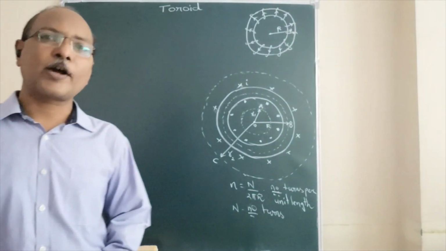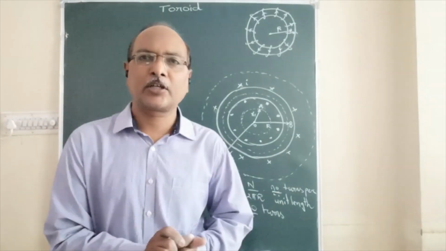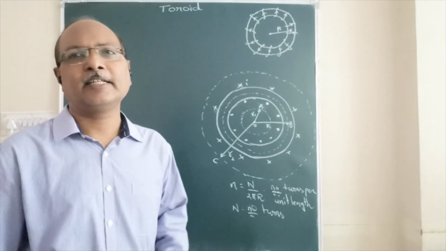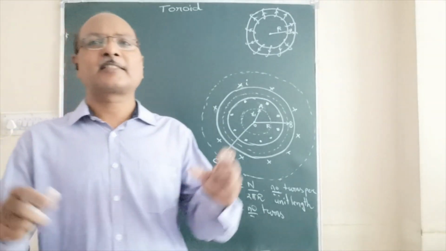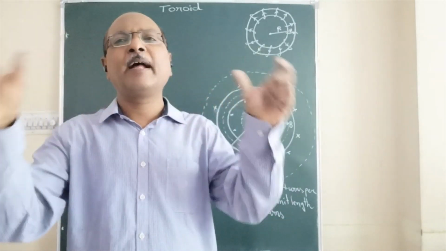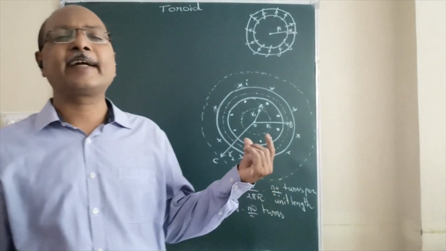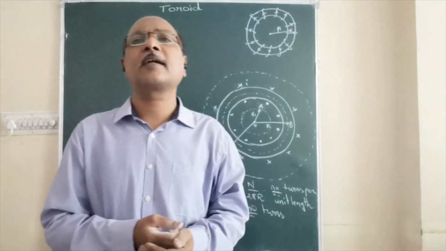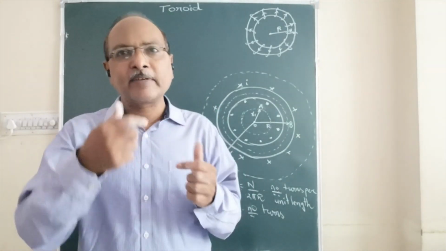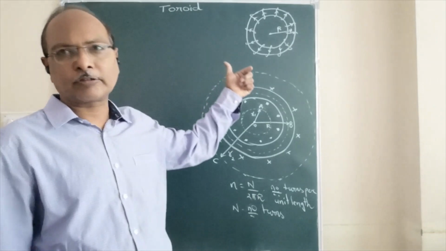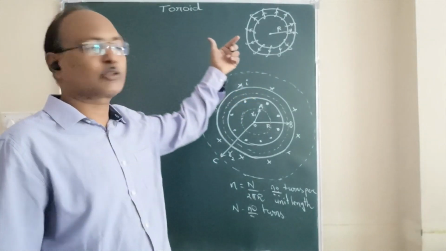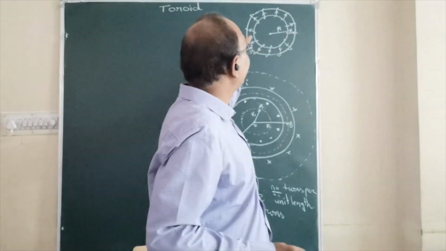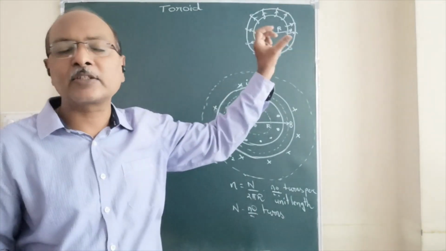So, next one is the toroid. Toroid is similar to a solenoid. It is used to produce a uniform magnetic field in a small region. Now, just suppose you take a solenoid and bend it in the form of a ring, then we get the toroid. So here, a toroid consists of a non-conducting ring on which a conducting wire is wound. As the current is passed through it, a magnetic field is produced inside the hollow space of the toroid.